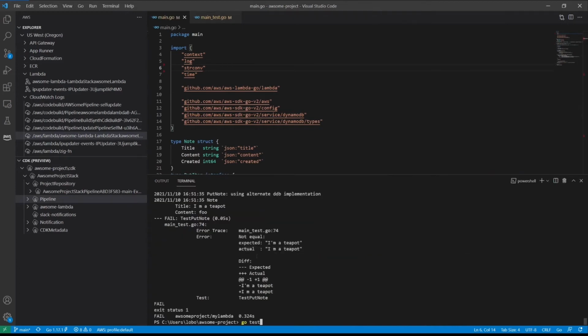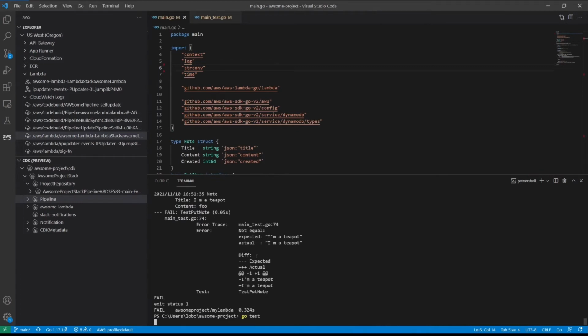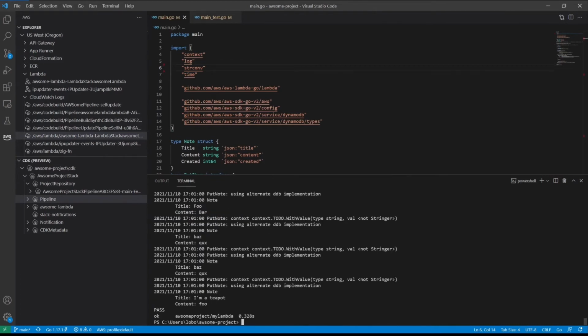fixes the issue. So at this point, Kate is going to run the tests. We see that the tests pass. And so now the next thing to do is let's go ahead and commit that and push it out to the source control.